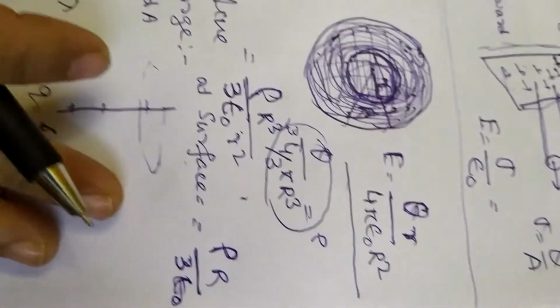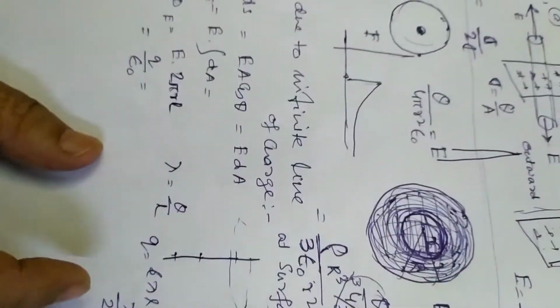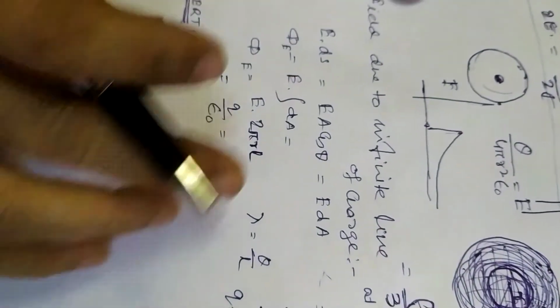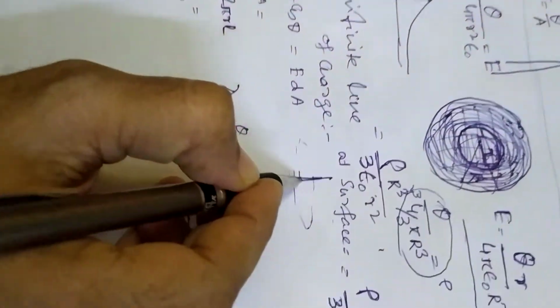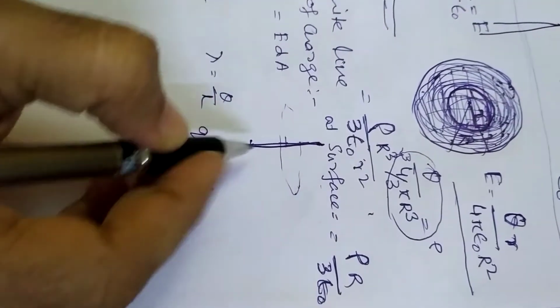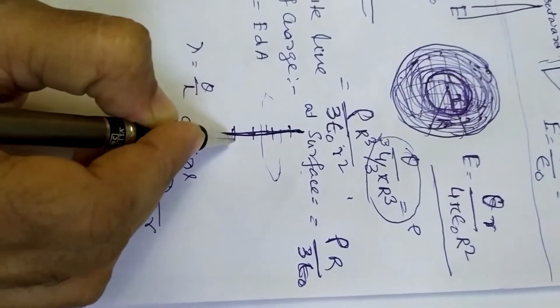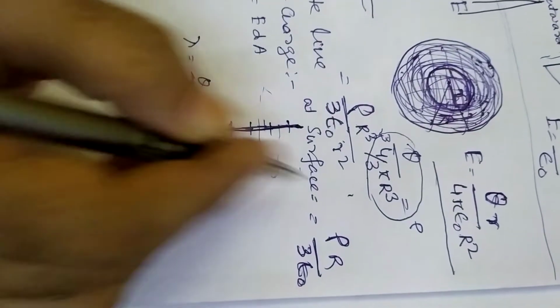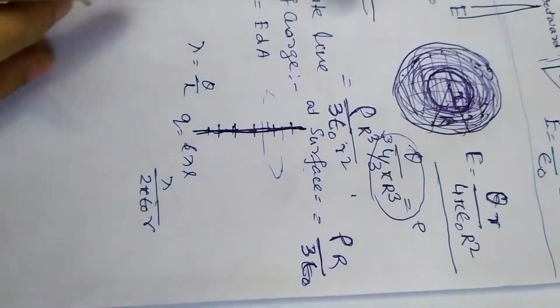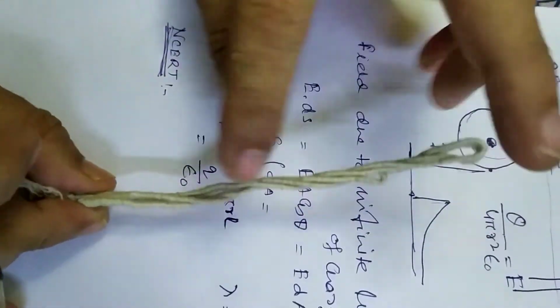So this is what we have precisely gone through in the formulas, and we'll be getting another formula that is in NCERT. So that one we will be studying here. Suppose we are taking a plain sheet of this type of wire and we are giving a charge like this. Suppose this is a wire and we are giving charge over this wire.